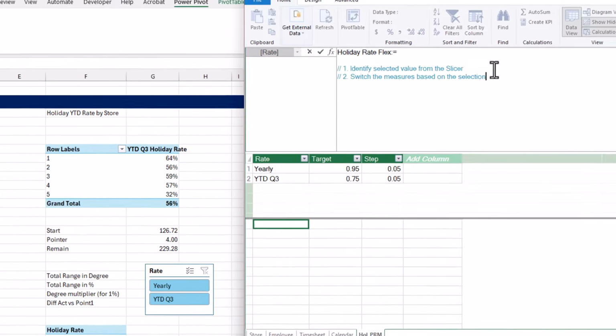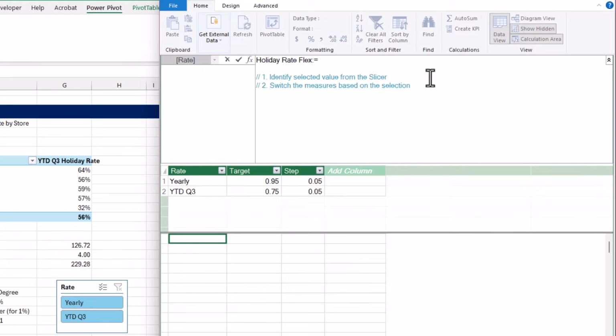Now for the first step, how can we identify what value is selected from the slicer? We have a DAX formula called SELECTEDVALUE, which allows us to return a certain value based on the selection. But this formula is only available in Power BI and not in Excel Power Pivot. So we need to find an alternative way. And lucky for us, SELECTEDVALUE is the syntactic sugar for a formula which is available for us to use